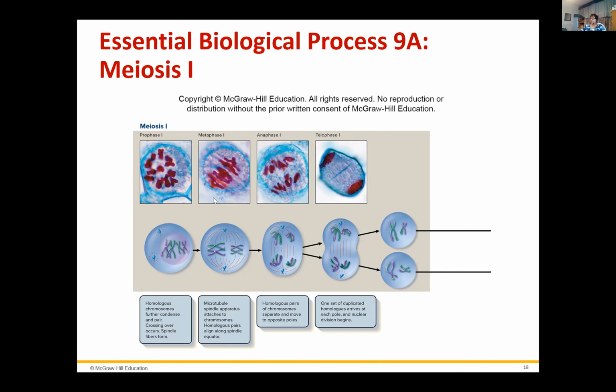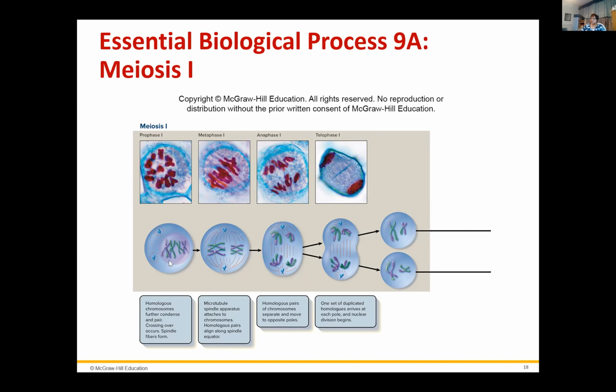This, by the way, is a plant cell. We can tell because of the new cell wall that's being formed. Here's the cartoon diagram kind of showing what's happening. So in prophase 1, and by the way, your book takes excellent notes for you in this section, we're showing that all the homologs